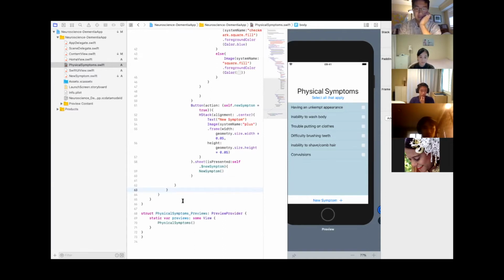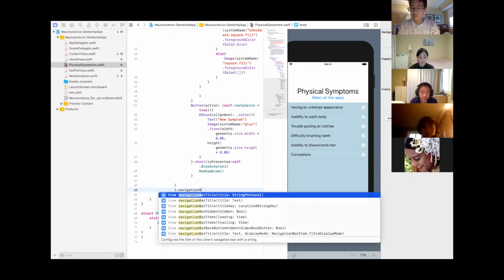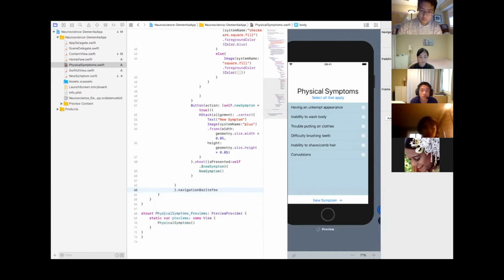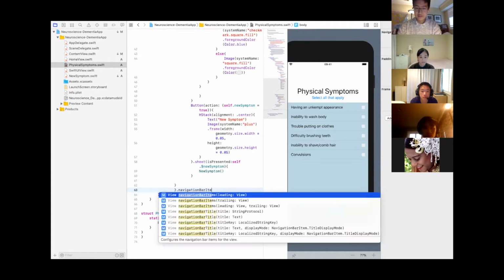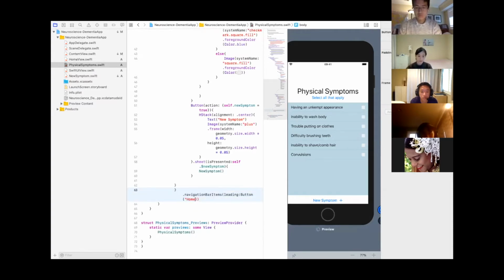So to add the navigation bar at the top, if we want to add navigation bar items, right? So navigation bar items, oops, sorry. Okay, and then leading is going to put it on the left, and then we want to have a button there so that it goes back to the home page, right? So okay, home, and then